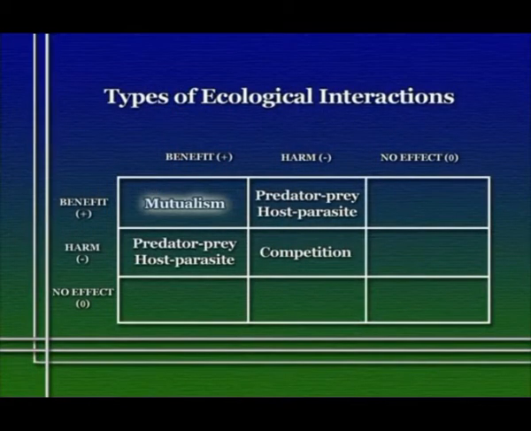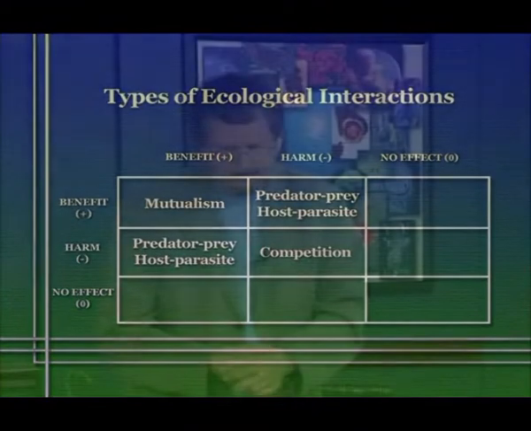Now, mutualistic interactions, or mutualisms, are very commonly found in nature. Let me give you an example that is really very well known and that you might be familiar with. This is an example of cellulose-digesting bacteria that live in the guts of termites. Now, cellulose is a polymer of simple sugars, and as such, it's potentially a very tremendous source of organic material that can be used by organisms as a fuel for cellular respiration to make more ATP. But cellulose is a very stable form of carbohydrate, or a stable polymer of sugar.